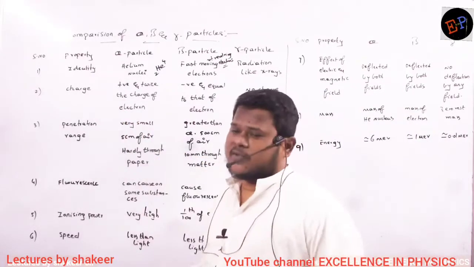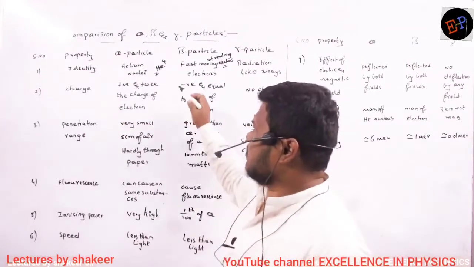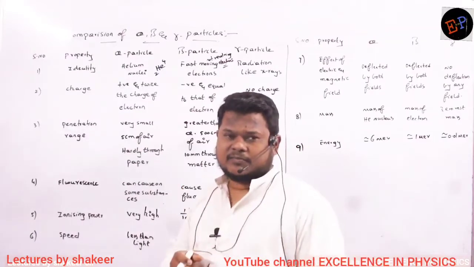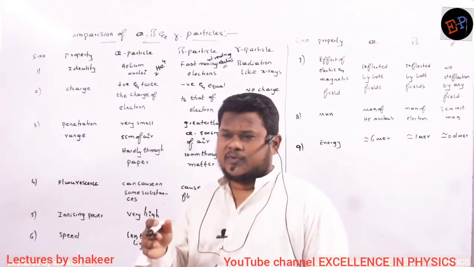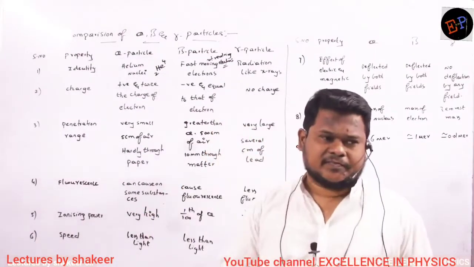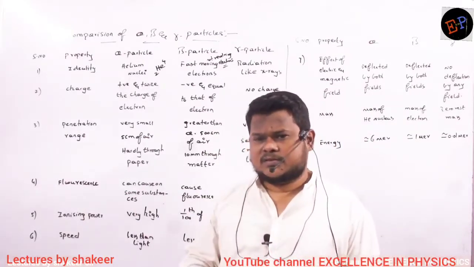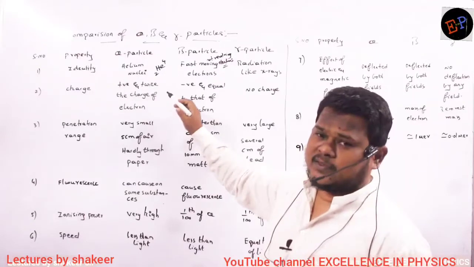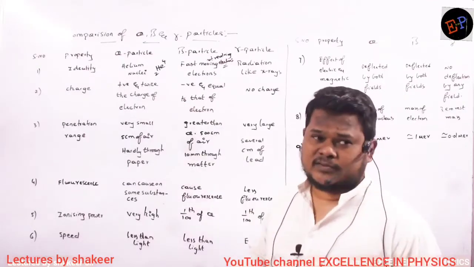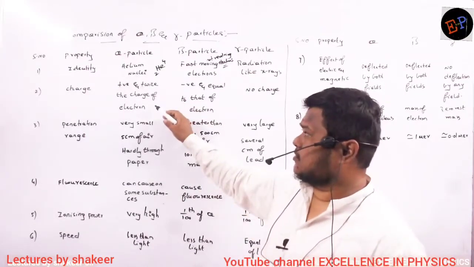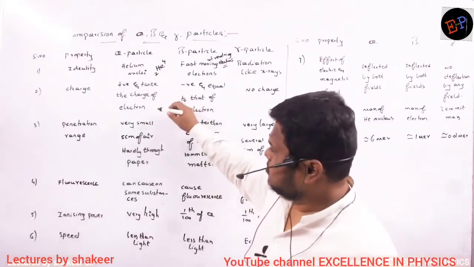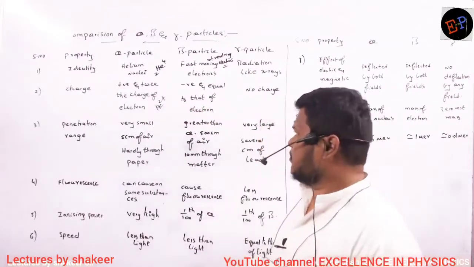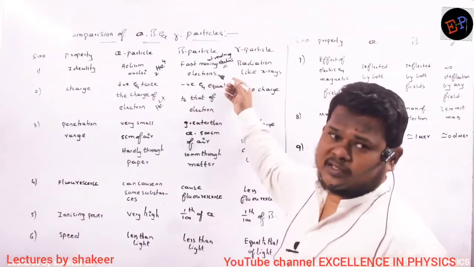Charge. What is the charge of alpha particle? From a helium atom, if you remove 2 electrons, what will be the charge of helium? 2 plus. If you remove 1 electron, charge will be 1 plus. If you remove 2 electrons, charge will be 2 plus. So the charge of helium will be 2 times the charge of electron. Electron charge is 1 negative, but charge of alpha particle is 2 positive. So I can write He 2 plus. This is the charge of alpha particle. And the beta particle is just like an electron, as we already said.